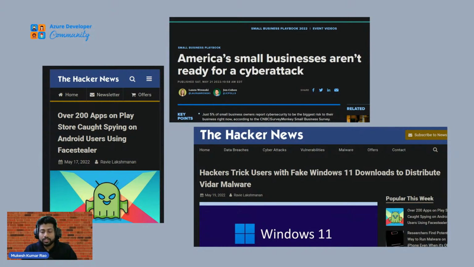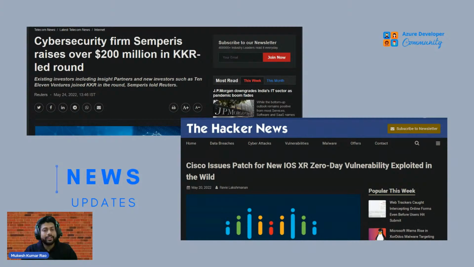So these are the latest news we have recently. If you heard, Ames also got hacked, and Uber also got hacked 3 months back. So these are some news items, and here also you can see we have some more news. I have just taken a screenshot from the latest update, and you can see it's a very big market in terms of cybersecurity.